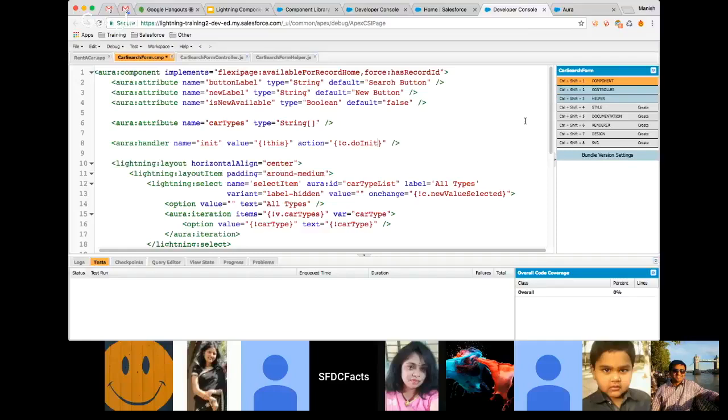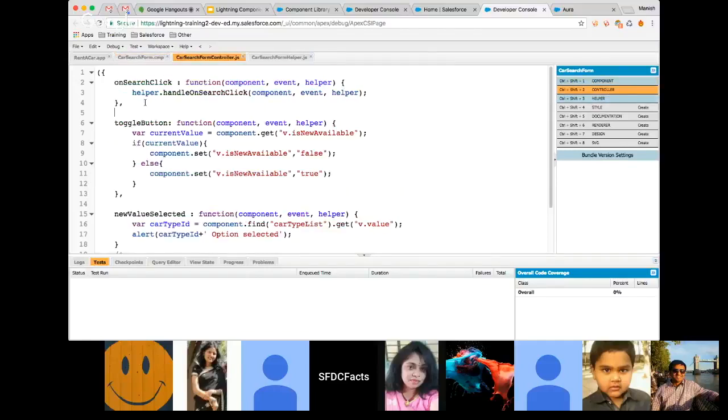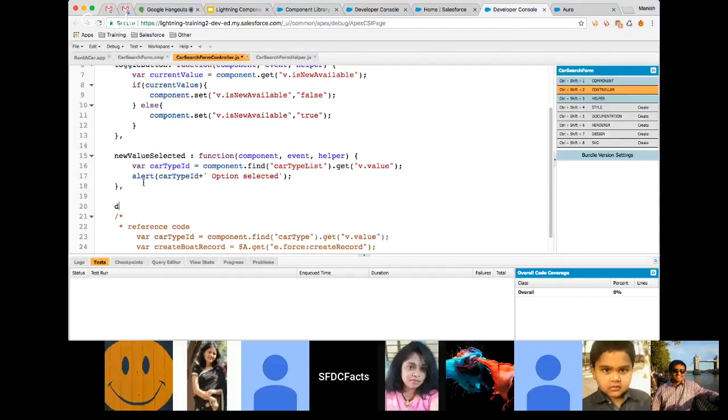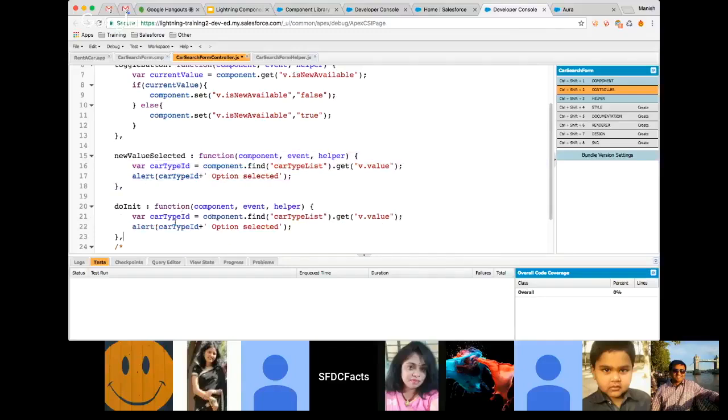and then we need to create the method here as well. So what we are going to do, give a comma here, write doInit, and then again you can copy the code from the previous function. And here what we want to do is fetch the list from our database. So to fetch the list from the database, we need to use an apex controller. So we will be covering apex controller tomorrow, but for now what we can do,